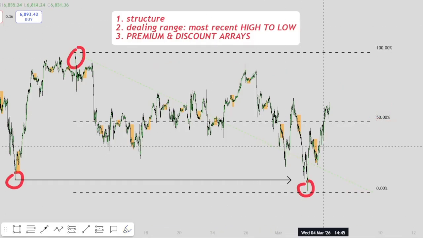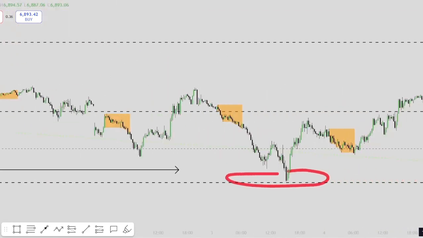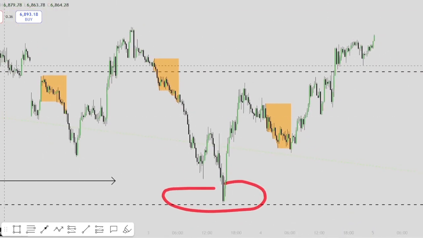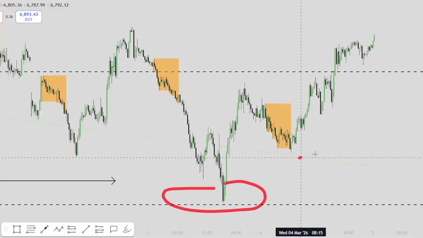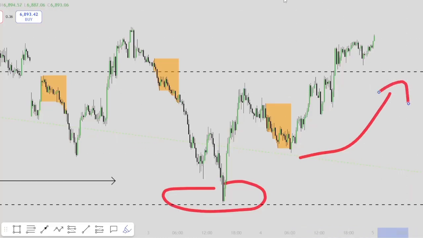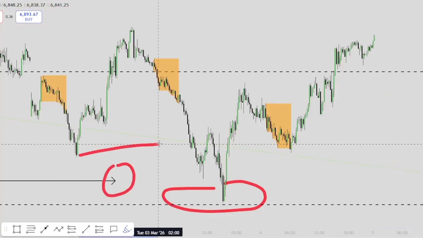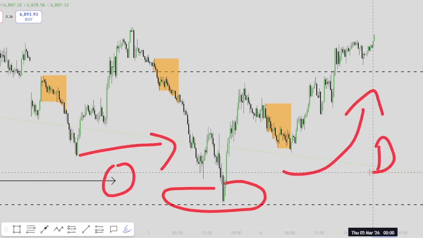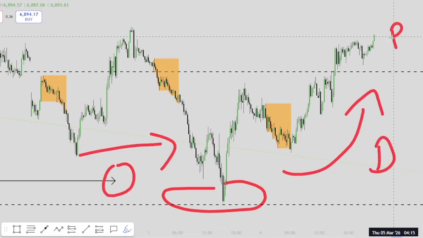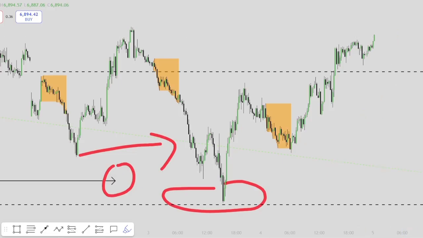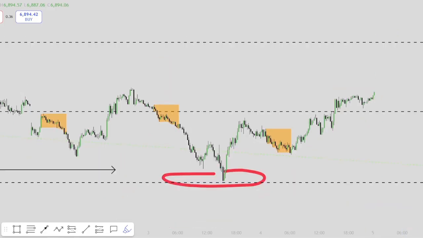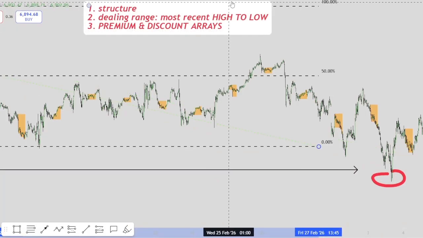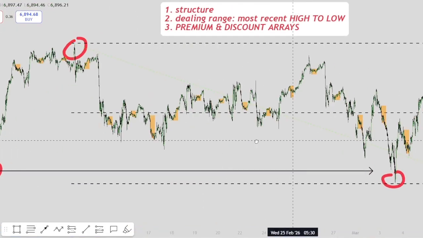Because what you'll find today, if we just take a look at some of the recent price action over here, the reason we went long from Tuesday and Wednesday is because of this, right? We had broken a previous low, right? We'd swept the previous day low, right? And then from here, we're beginning to see higher prices in the discount back up to the premium, right? This is what we're looking for. So the way that I look at this from a basic structural perspective is like this. Okay, so if I just bring a diagram over here,